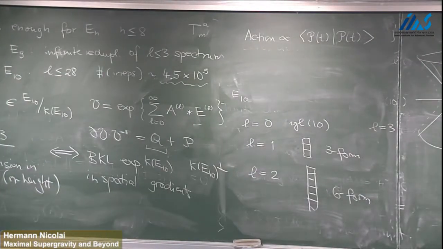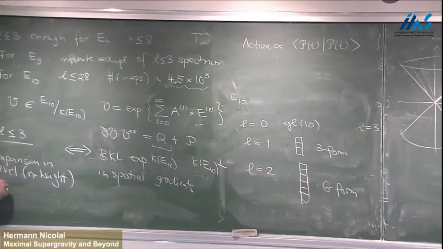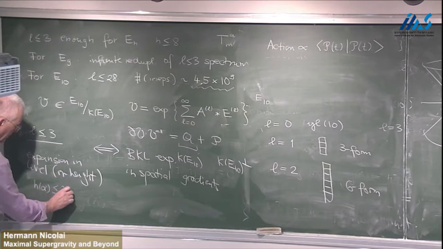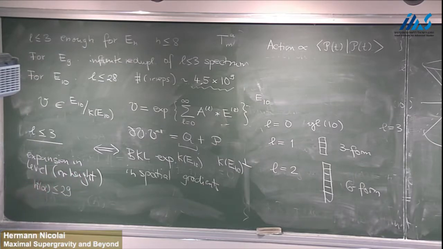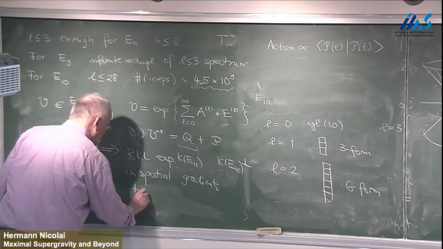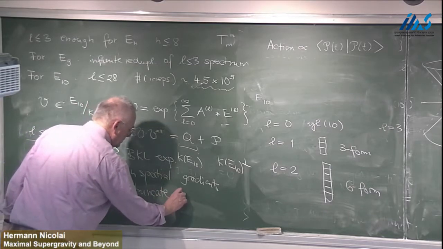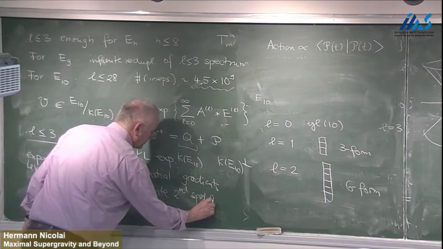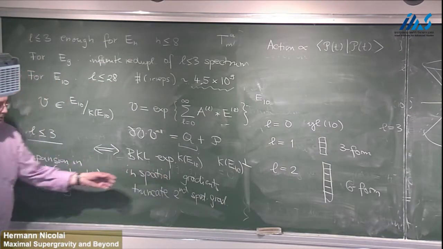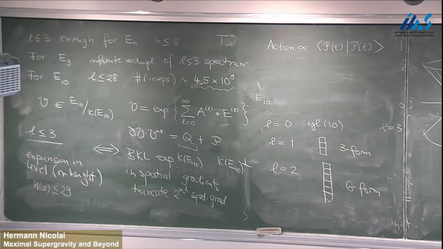Here we truncate to level 3, or rather height alpha less than 29. That's the root height. And here we truncate away second order spatial gradients. And then you need a dictionary to relate the supergravity quantities to the sigma model quantities. And then you can verify the claim I stated at the beginning, that there's a one-to-one correspondence between the sigma model equations and the